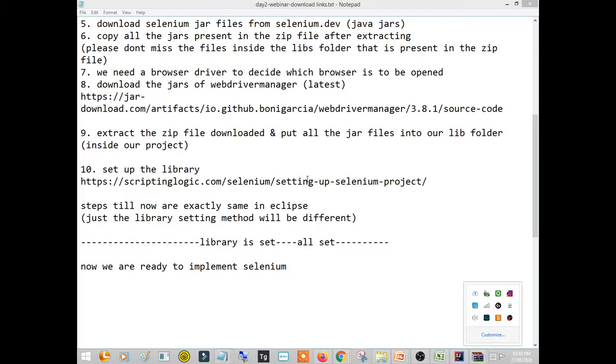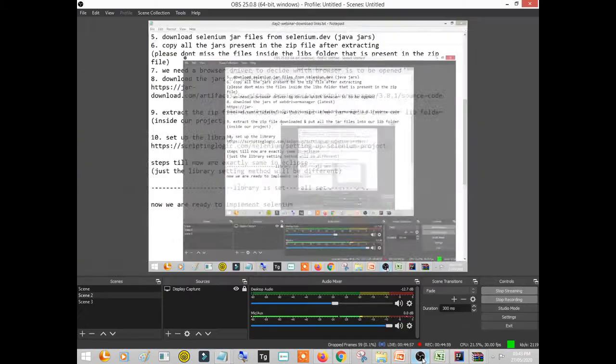And even if you don't see it properly, don't worry, later on this recording will be available to you. You can revise the same steps, right? As I told yesterday. So now we are ready to implement the Selenium. Screen is visible.